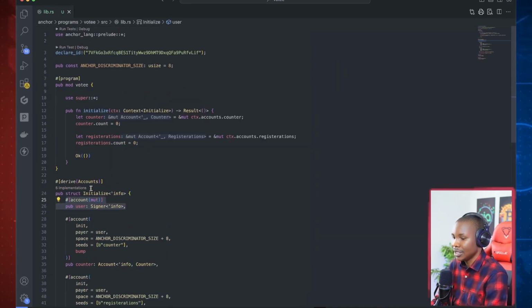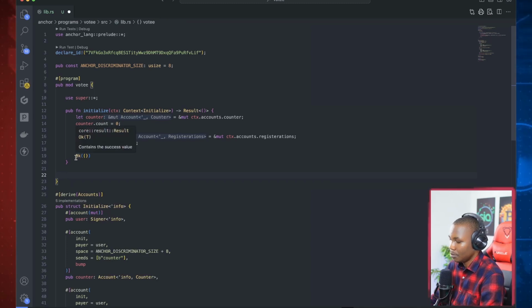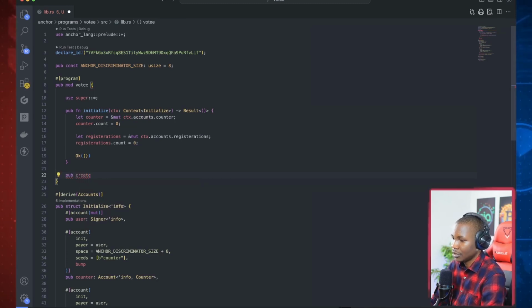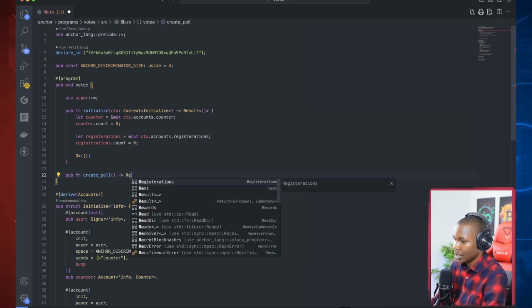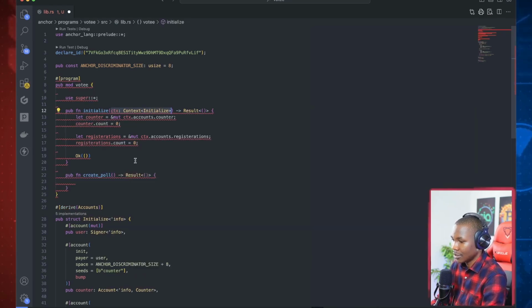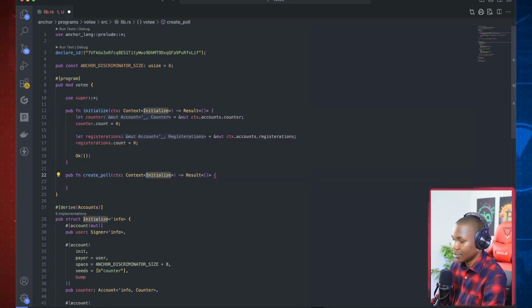Okay, so let's create another function. This one is going to be called, you can say, public fn create_poll. All right, so in creating a poll, you know the rule. You always want to return a result. Of course, you're going to add this context here. Context is always by default. For now, I'm going to just put Ok here, and want to pass in some